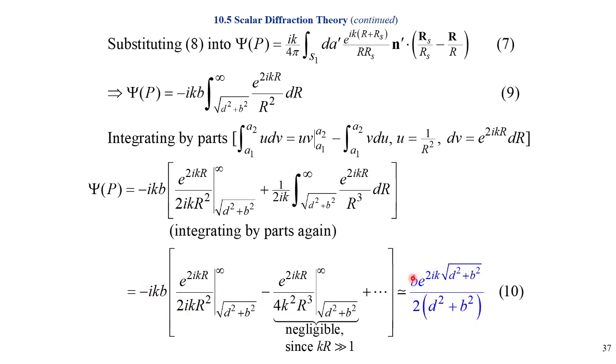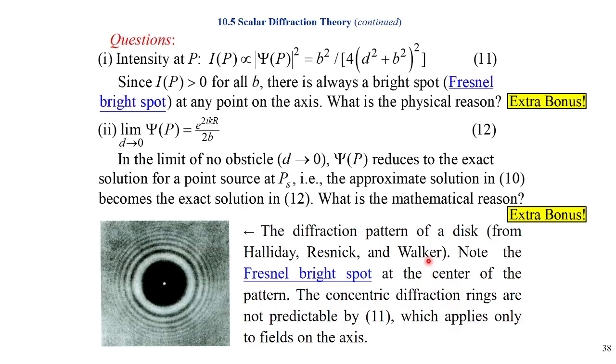So we have B here, and how about K? K cancel. R squared, that is this one. 2 is still here. Exponential 2IKR. Okay, the same. So psi P is here. What is the absolute value? The absolute value square is the intensity. Intensity at P will be proportional to field amplitude square. So it's B squared over 4D squared plus B squared